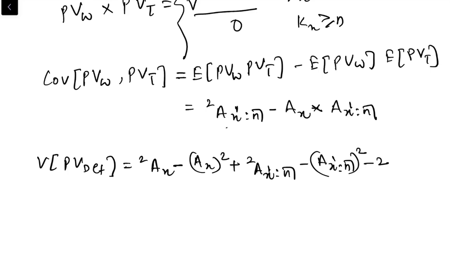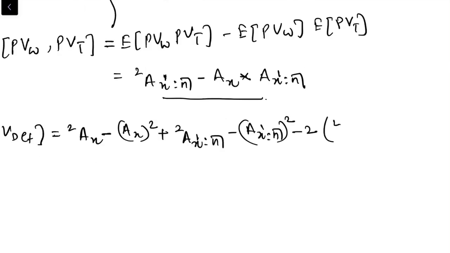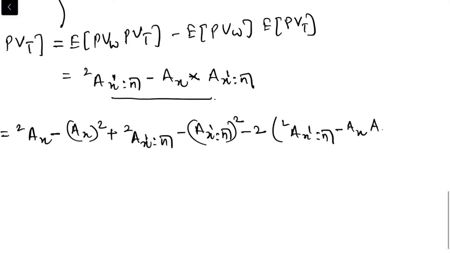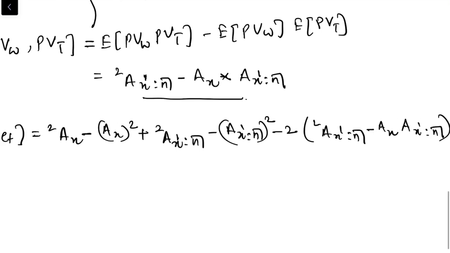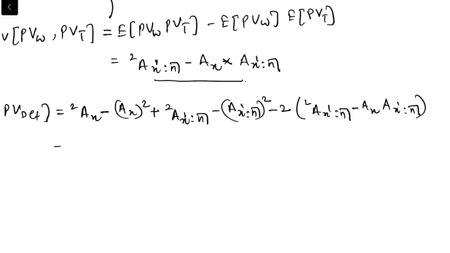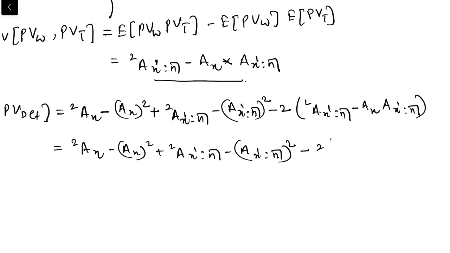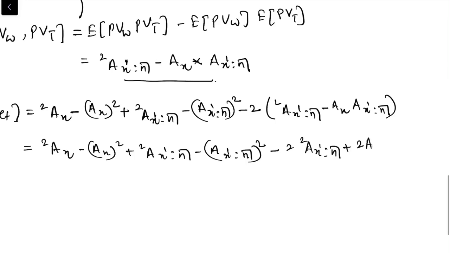times covariance. So this whole expression, 2Ax' n minus Ax' n. All right, now let's simplify this little bit. So this is 2Ax minus Ax whole square plus 2Ax' n minus Ax' n whole square minus 2Ax' n plus 2 times Ax' n. All right,